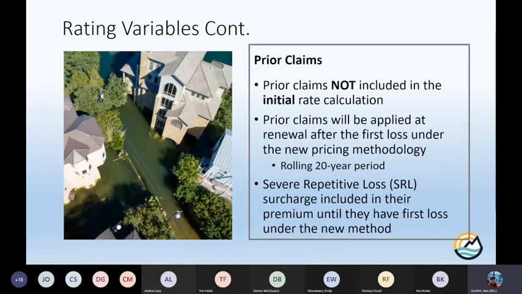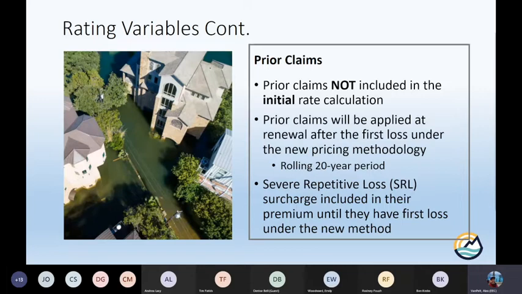One of the things I want you to remember, though, so we're back to talking about prior claims. Remember, flood insurance claims follow the property. They do not follow the policyholder. Why is that important? If somebody buys a property in the floodplain, those claims go with the building, because Risk Rating 2.0 is looking at the building's risk. So when that new policyholder makes claims, those previous ones, even before they bought the property, are going to be considered if they're in that 20-year window.